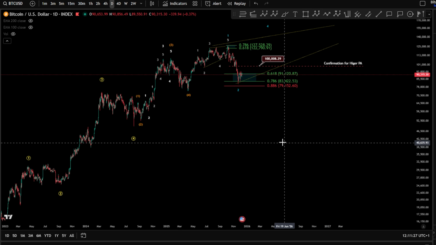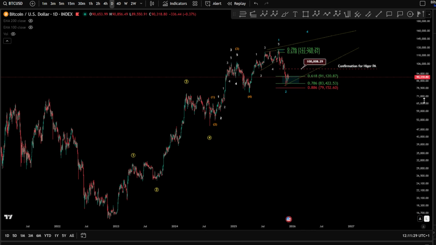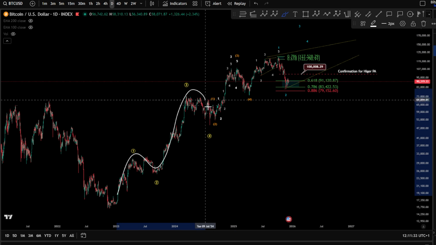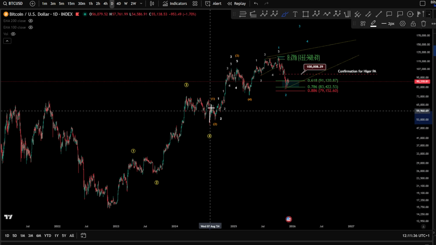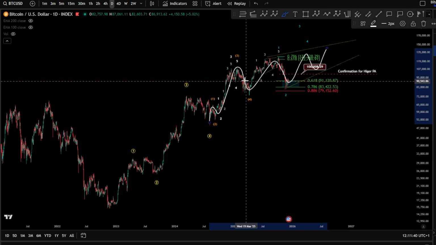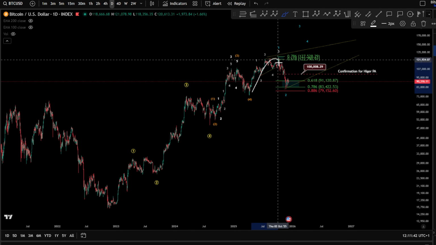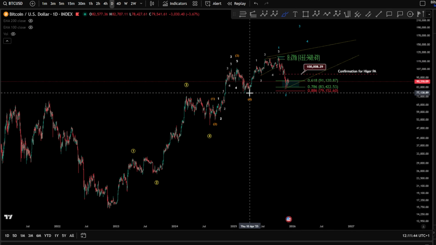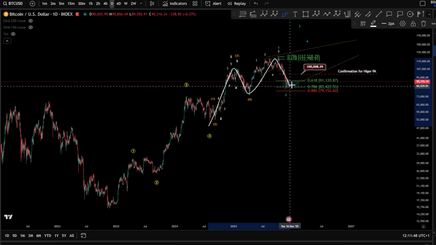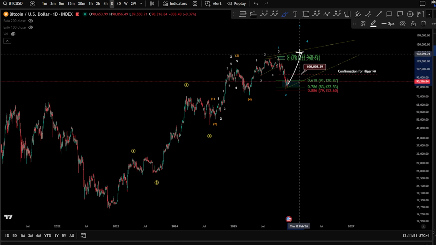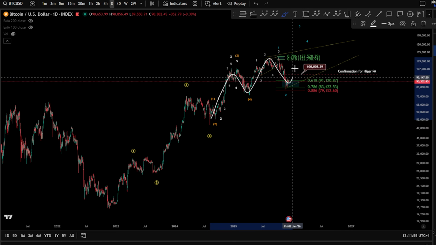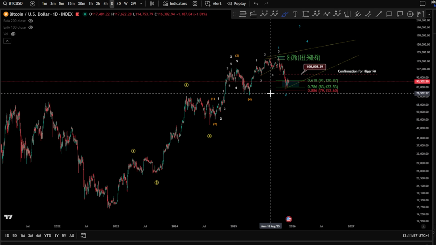Another possibility, of course, is a potential bullish scenario that it might continue here, where you're still in the bull run as a 1, 2, 3, 4, 5. Your wave 5 can be a 1, 2, 3, 4, and a 5 extension as an ending diagonal, finishing up here as a 1, 2, 3, 4, 5 for a wave 5, or it can be something like potential zigzags here, pushing one more high for Bitcoin as well, to finish up an ending diagonal as a 1, 2, 3, 4, and a 5, and then pushing down.